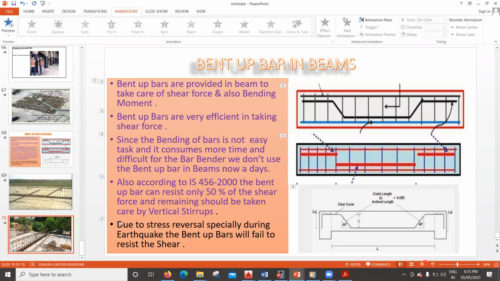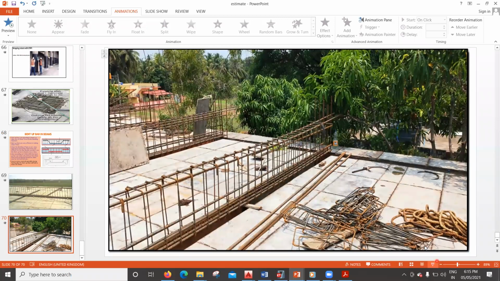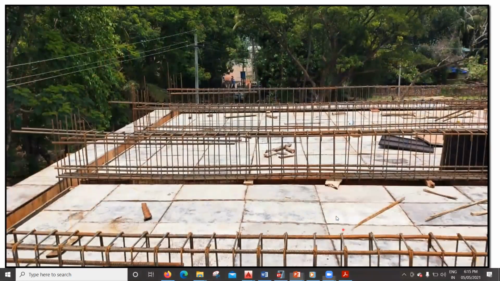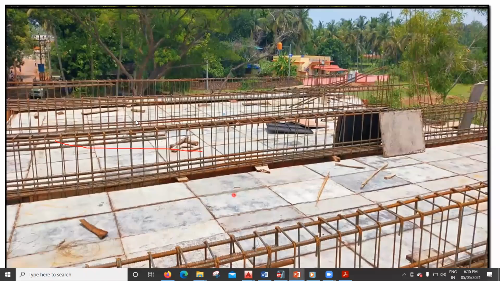I'll show it once again. Since we were providing the crank on both sides, here also we will provide on both sides. Like this is a curtailment bar in this direction, similarly on this side also you have to provide in this direction. This is a half photo, that is why you cannot see it on the other side. Yeah, you can see here also. I hope it's understood. Okay, see, crank here, I mean sorry, curtailment here, and similarly here also it will be a curtailment.